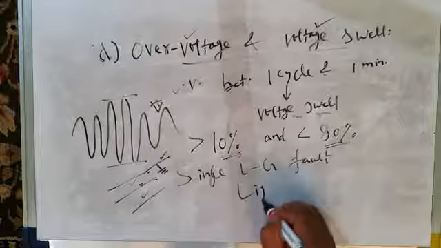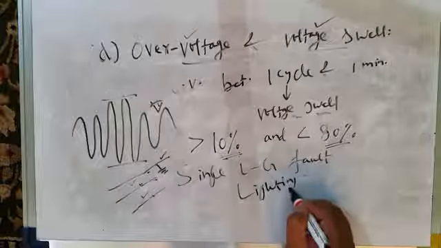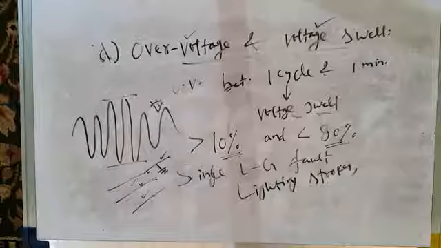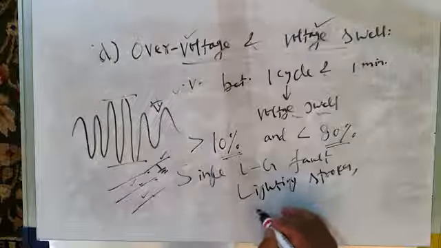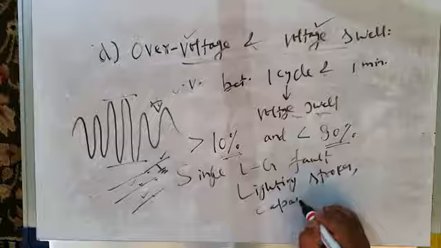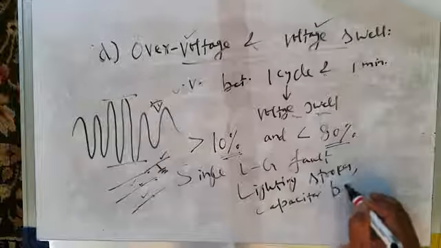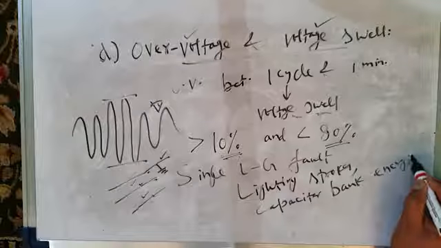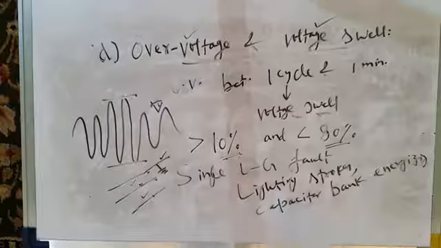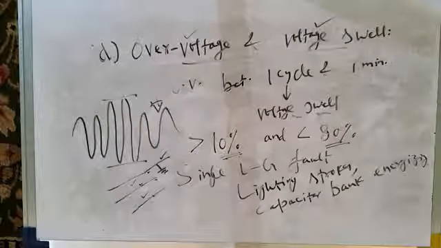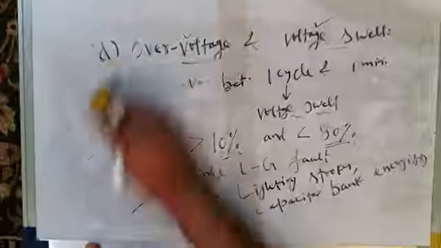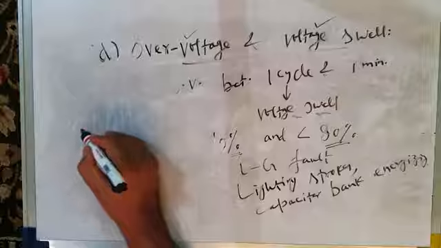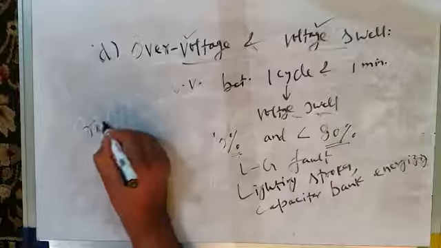Another cause is lightning strokes. Another cause is capacitor bank energizing. You are energizing a capacitor bank and that results in voltage swell or over voltage. And then there is another cause. Another cause may be a resonance